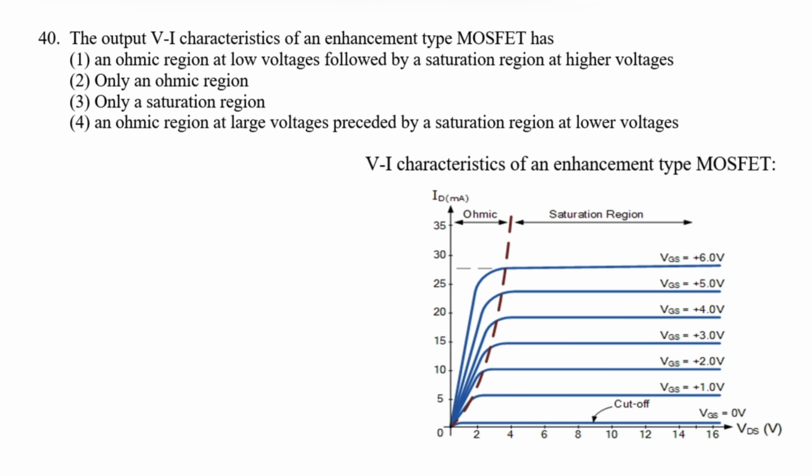Next question. The output characteristics of an enhancement mode MOSFET has. The given figure shows the VI characteristics of an enhancement mode MOSFET. This MOSFET operates in three regions: the linear region or ohmic region, the saturation region, and the cutoff region. So saturation is a region to the left side of the pinch off locus, sorry,